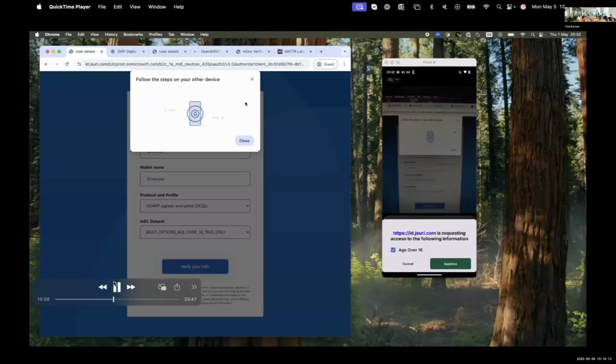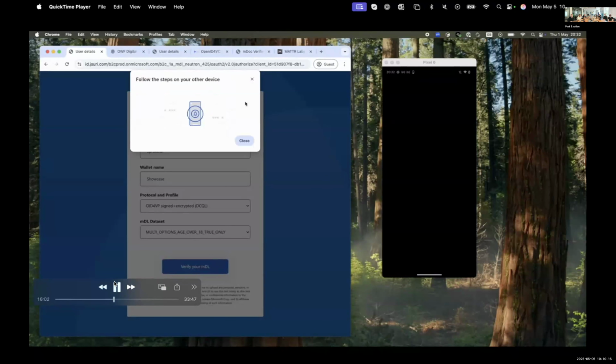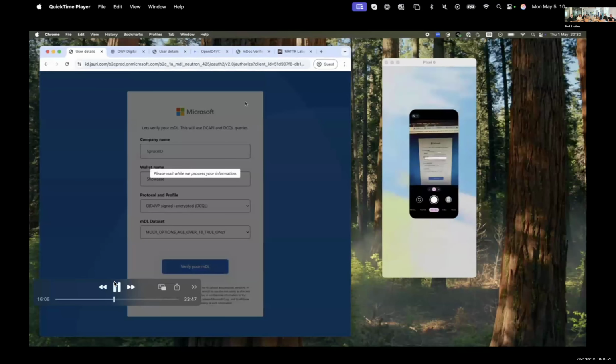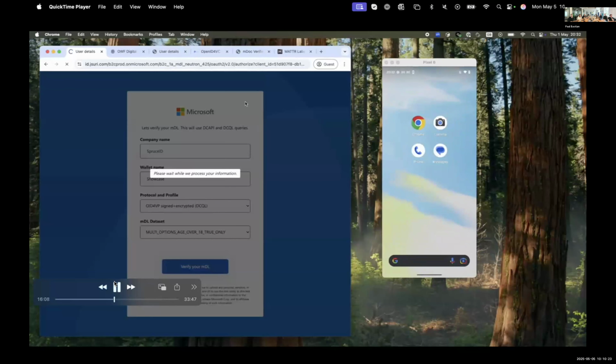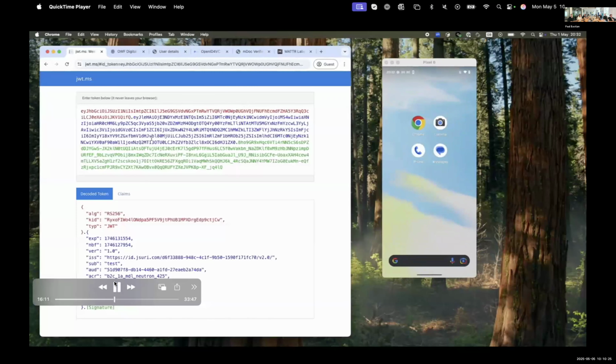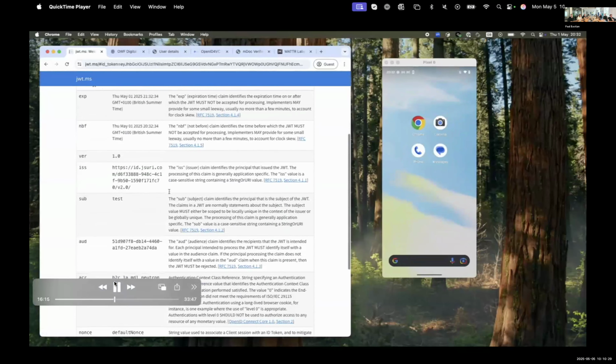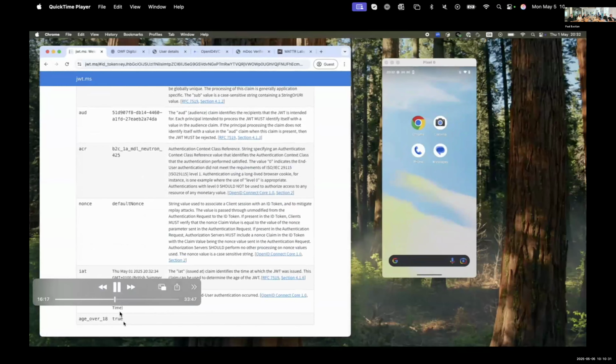Age over 18 is shared. Approved. And the results have come through. And at the bottom of the screen, it'll show age over 18 is true.